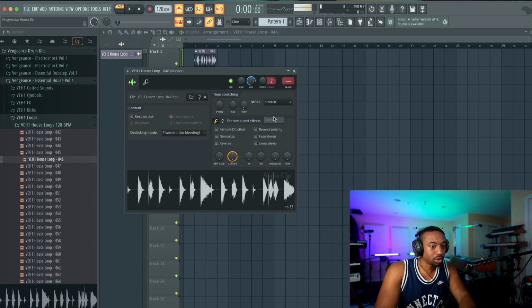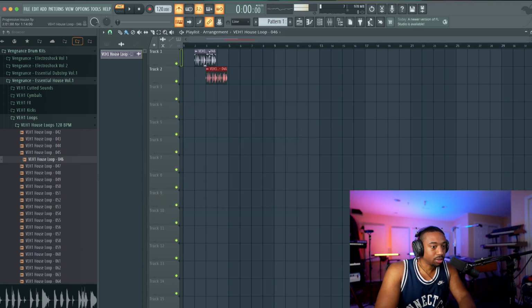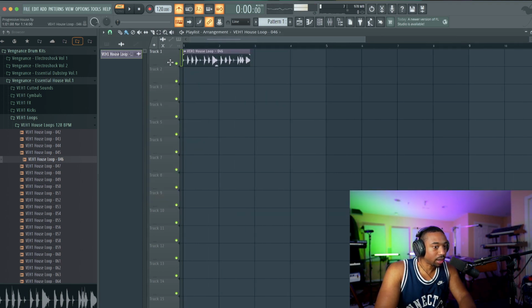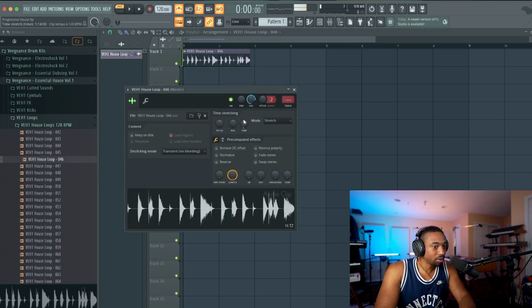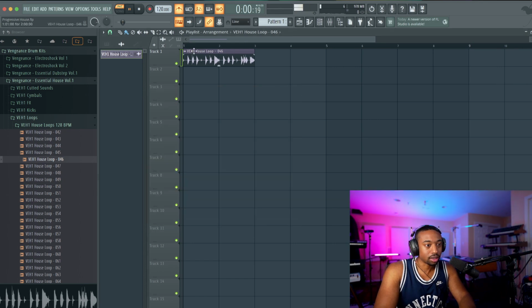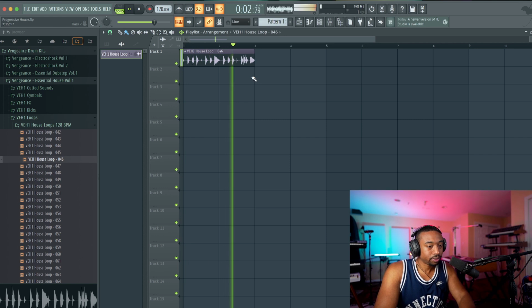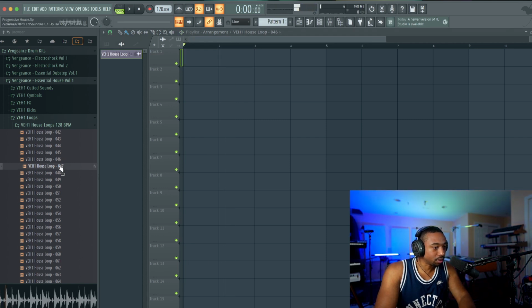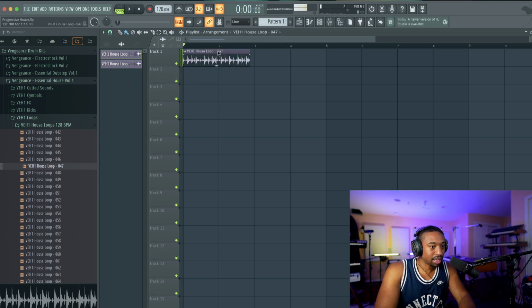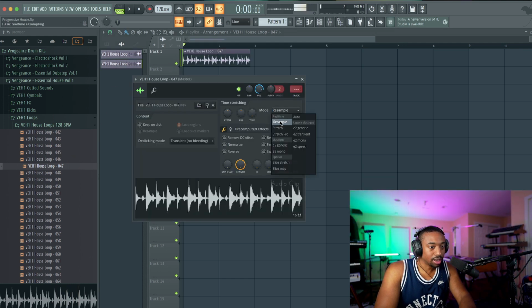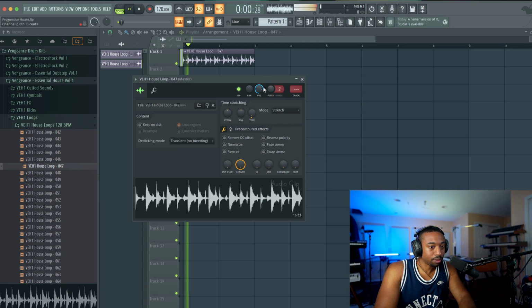We're gonna go to mode, stretch mode, and we're gonna zoom in here and drag this to the left. Now double click on your sample, go to the time knob and lock it to the grid just like that. By moving this, it locks to the grid. So now let's go to song mode. Now, if you don't like the open hi-hat, we can pick a different loop. Okay, so I like that because it has a little more subtlety to it. Let's go to stretch, time knob.